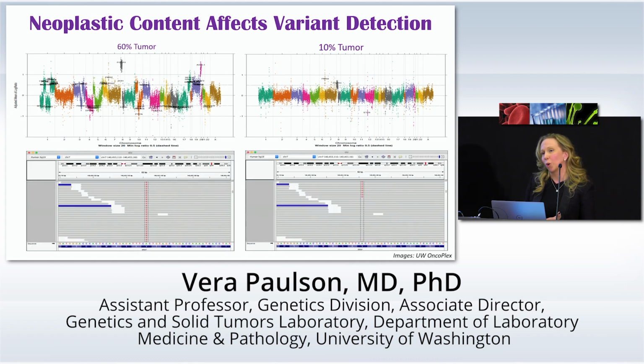The same is true of point mutations. Our assay requires that we have about 5 to 10% tumor. Same would be true for cell-free DNA. If you don't have enough of that analyte present, you can't make the call for a mutation. So here we have BRAF V600E in a melanoma. I'm able to tell the clinician that their patient is positive. They can get a drug. And here we might miss it because it's only a couple of reads and it's under the limit of detection of our assay.